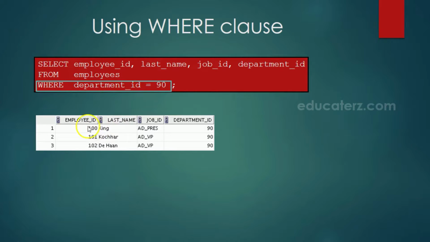The result is shown in the following picture, where you have 4 columns: employee ID, last name, job ID, department ID. And if you observe, in the department ID column, we have all the values pertaining to department 90 only. These are the employees working in department 90.